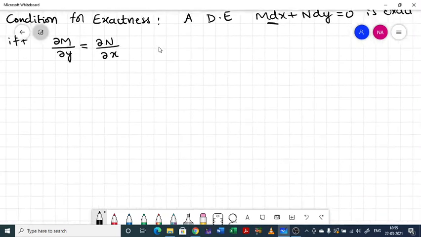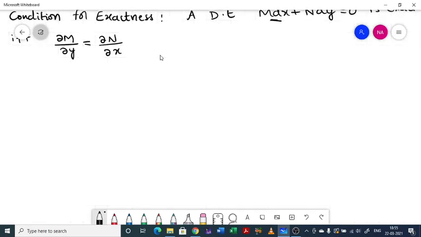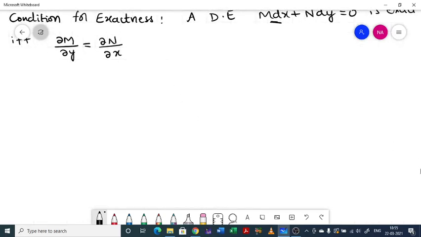So this condition helps us to find the exact differential equation. Given a differential equation, we can use this condition to check whether that equation is exact or not. Most of the time we are going to use only this condition, not the definition. Sometimes we in fact treat this as the definition of an exact differential equation. This is not actually the definition, but we can prefer this as the definition, and there is no harm in that.